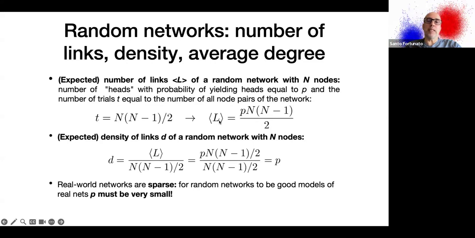So this is how many links you can expect to find in a random network with n nodes and link probability equal to p. If you create a bunch of networks like this with the same number of nodes and the same value of probability p, you're going to find small differences around this value, but the values are going to be pretty close to this average. Now, if you want to know what is the density of links, that I remind you we indicate with the letter D, of a random network with n nodes, you have to divide the number of links, which in this case is the expected number of links,